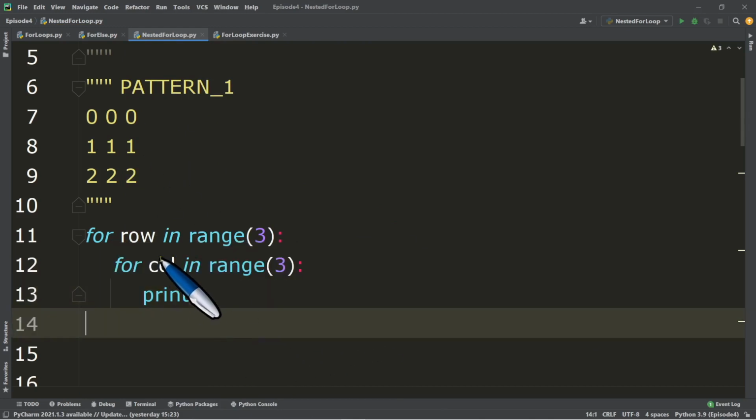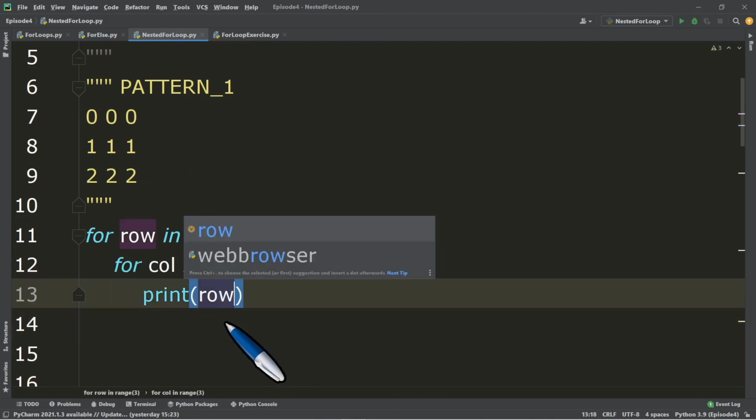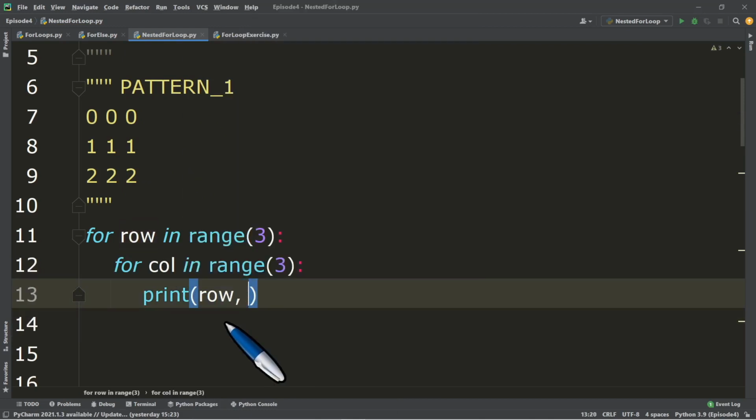So 0, 0, 0 meaning, okay, so we have the first row. So we will be using the row variable here. Okay, so row, and then we will use the end parameter with the space, so that during the first iteration, the initial value of row is 0, and then col is 0. Okay, 0. So this one will iterate 0 with index 0, 1, and 2. Okay, so since we've used the row here, the value of row is all 0 during the first